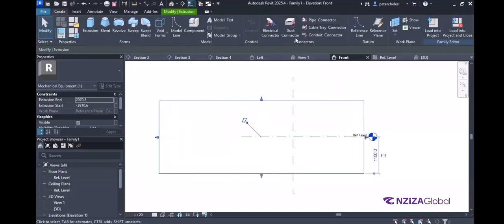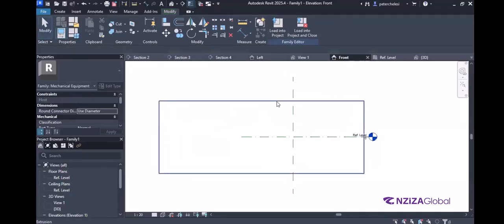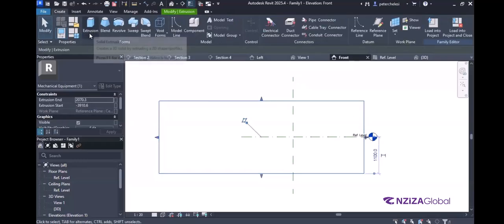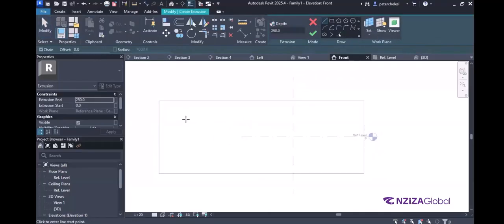Under connectors, you can select the duct connector. So before creating the connector, let's go back to editing, then go to create. Let's go on the extrusion to create another extrusion here